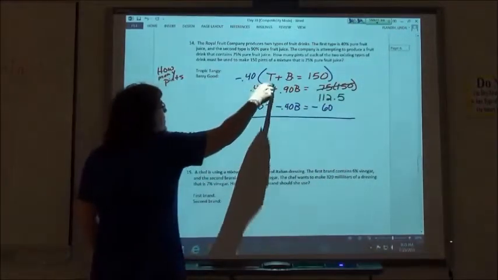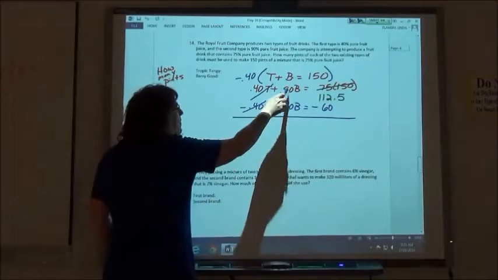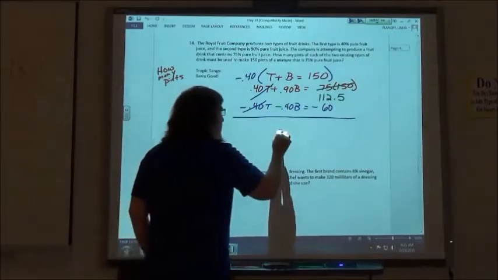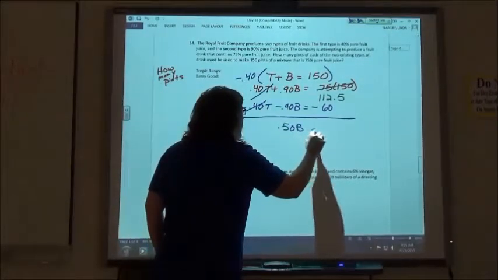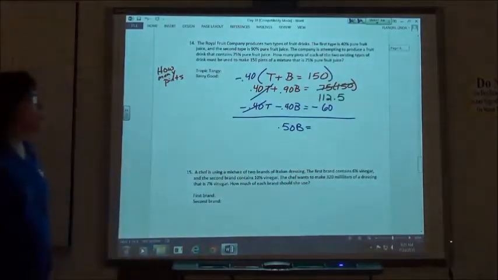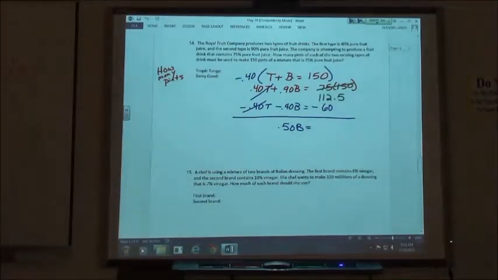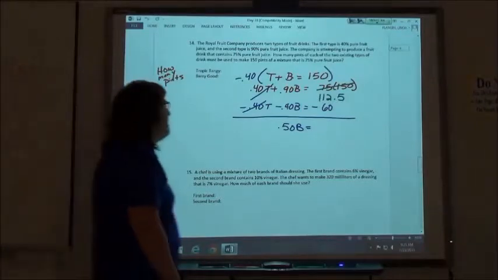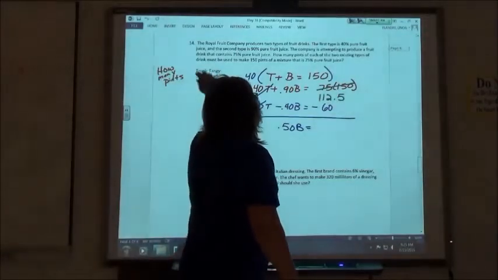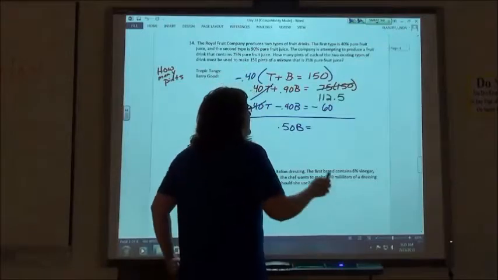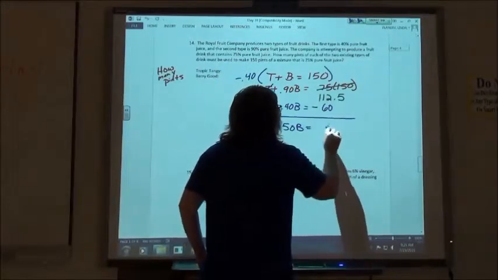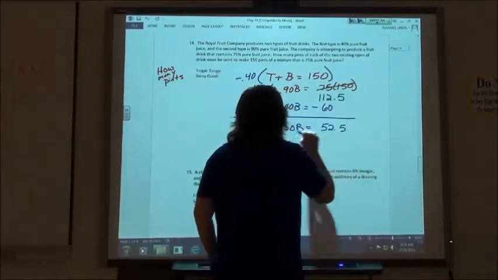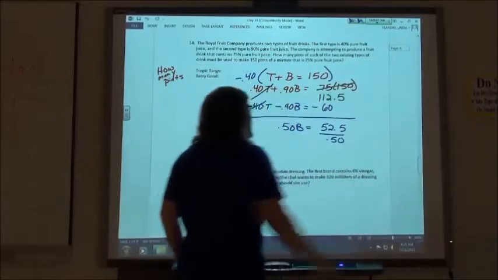So the t's cancel out. 90% minus 40% would be 50%. 112.5 minus 60 is 52.5. So if we divide that by our 50%,